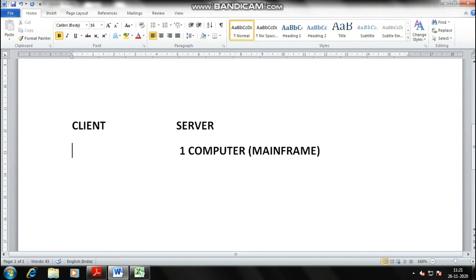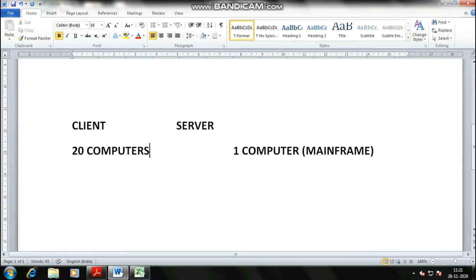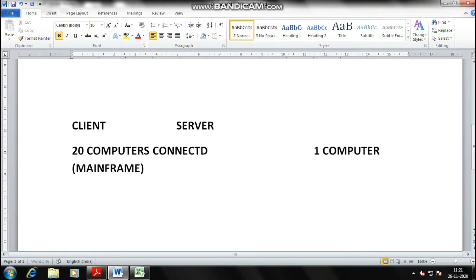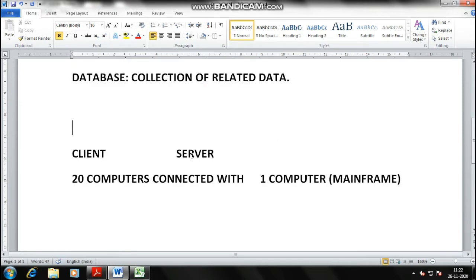Like take an example of 20 computers connected with that one computer.